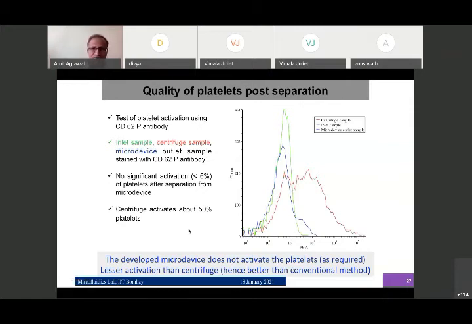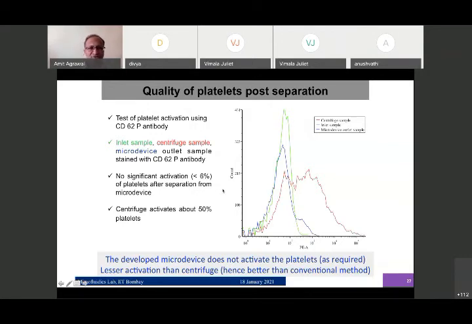So you can see that, of course, there is some amount of activation, but this is less than like 6%, which is very, very much tolerable. So in some sense, it is even better than a centrifuge. So, to summarize the first part,